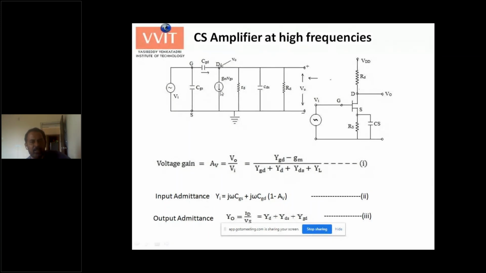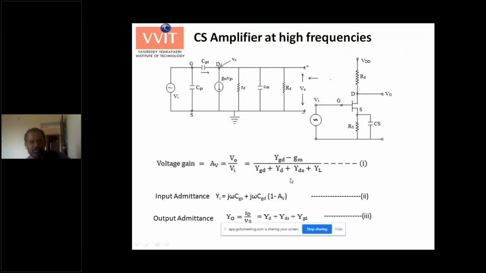These capacitances come into the picture at high frequency for FET, JFET. And the current source GMVGS is already present at low frequency. This is not a current controlled device anyhow. This is the output side. You have a current source given by GMVGS, where VGS is the gate to source voltage, and there is a drain resistance. Drain resistance is the total resistance of the FET from source to drain, given by RD. And now this RL is an externally connected resistor to the drain, so you can consider this as the load.